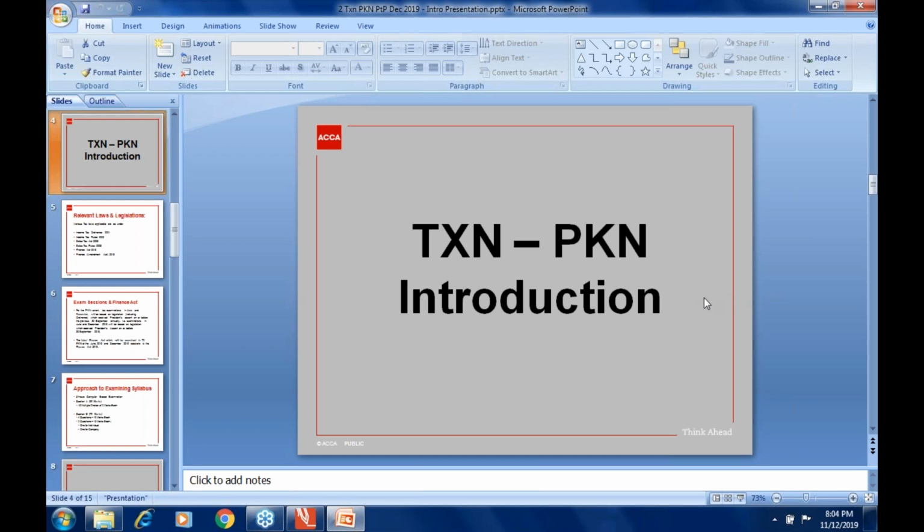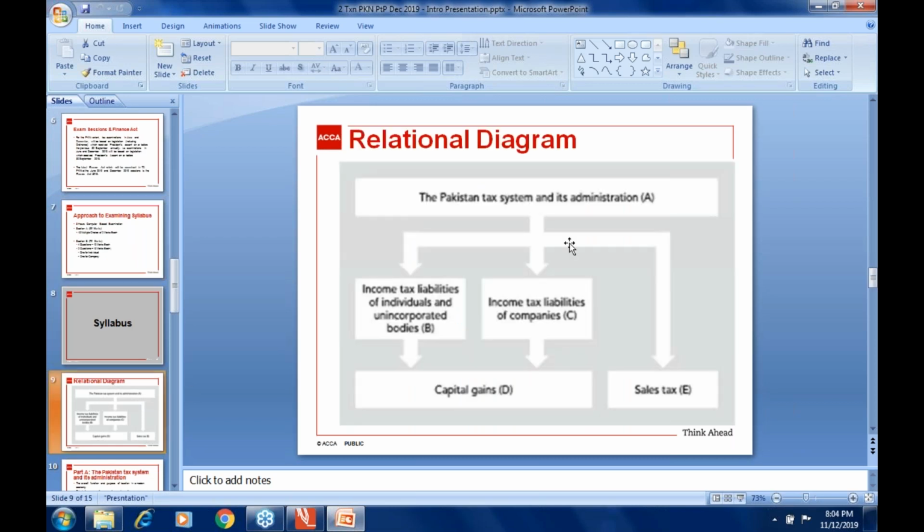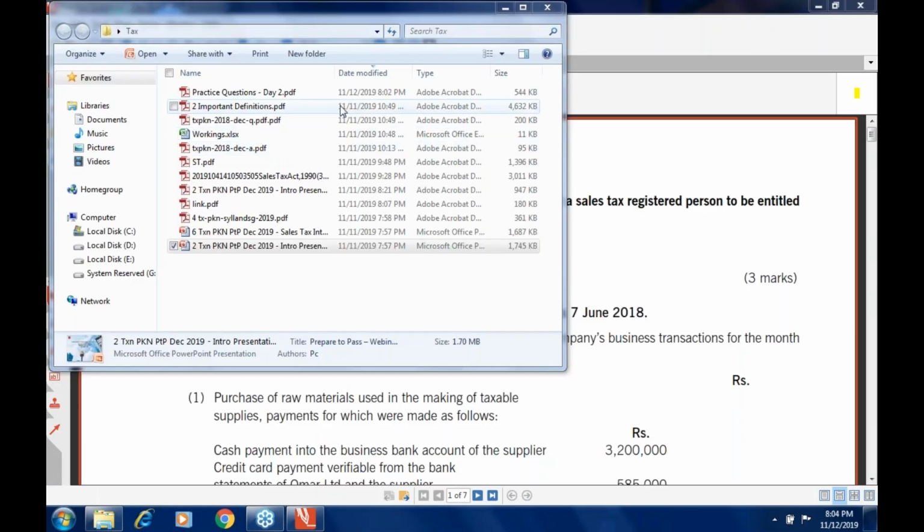And I did mention earlier that I have conducted a session in the previous exam session, which is the September 2019 exam session. During September 2019, I attempted the various aspects of the syllabus, so I did go through that also. So what we actually did in yesterday's session, I'm going to have a quick recall of what we did in yesterday's session.